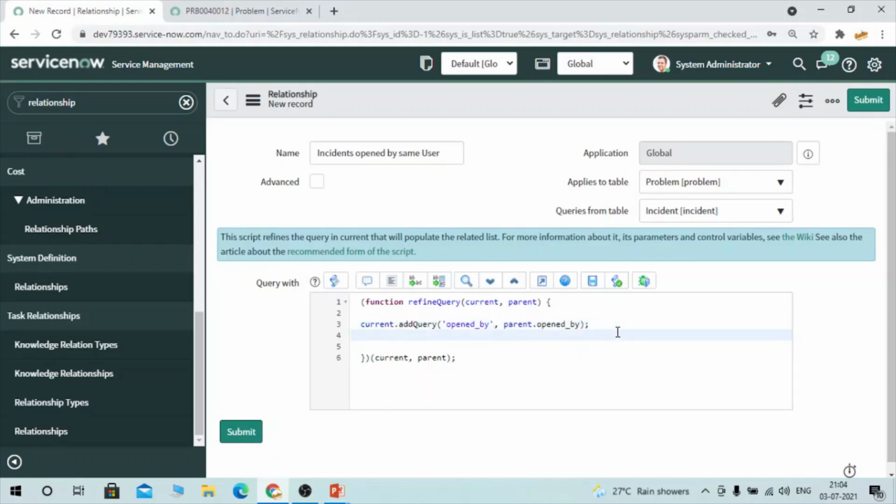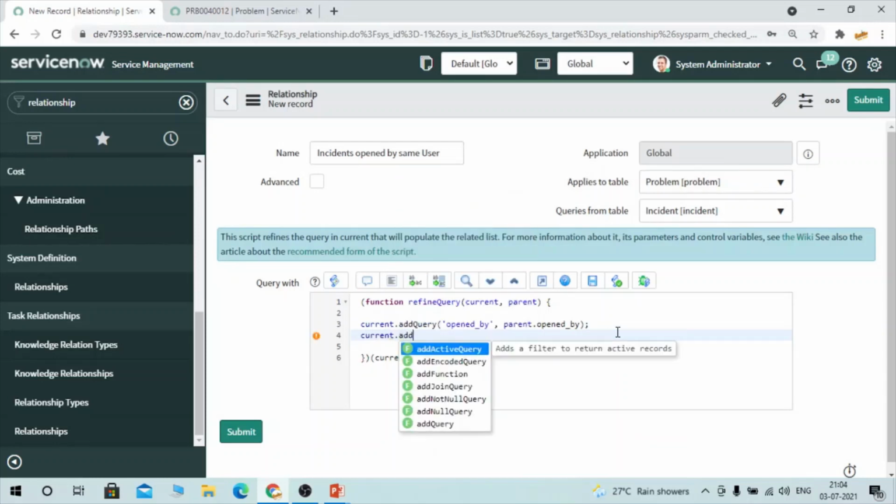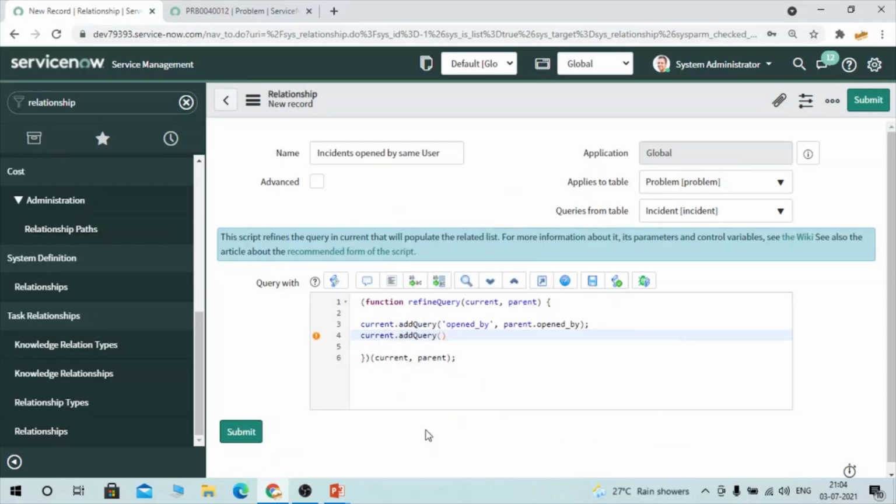You can take another filter as well, like current.addQuery active equals true, because I need only active records. So I am filtering active true, and you can sort it also.